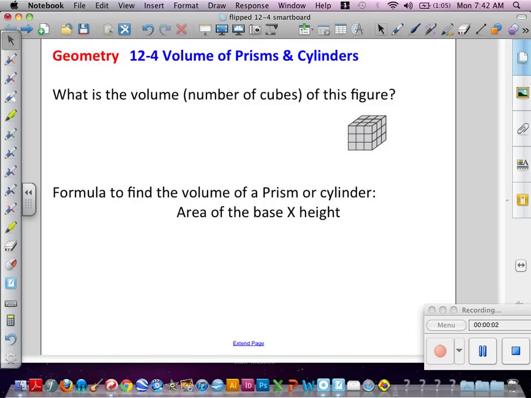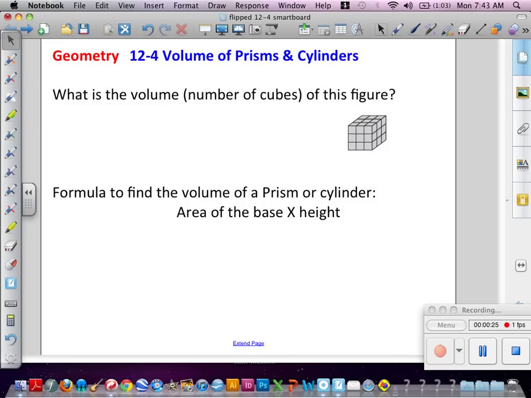Hello, geometry students. So far in Chapter 12, we've been talking about finding the lateral area and the surface area of prisms, cylinders, pyramids, and cones. And so now in 12-4, we're going to move on to volume. And so I have a picture here, and I'm asking, what is the volume or the number of cubes of